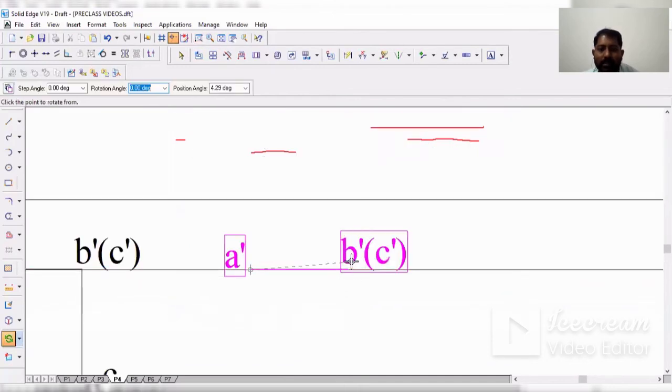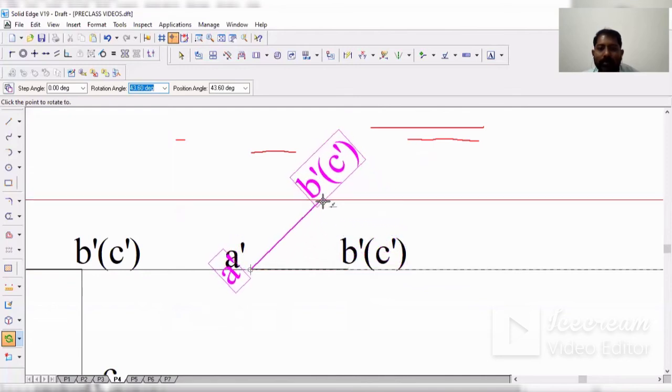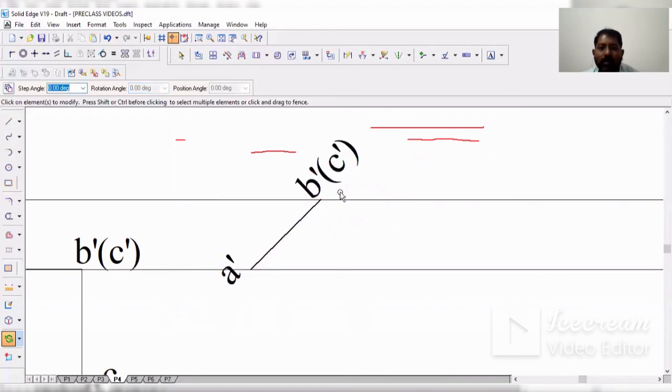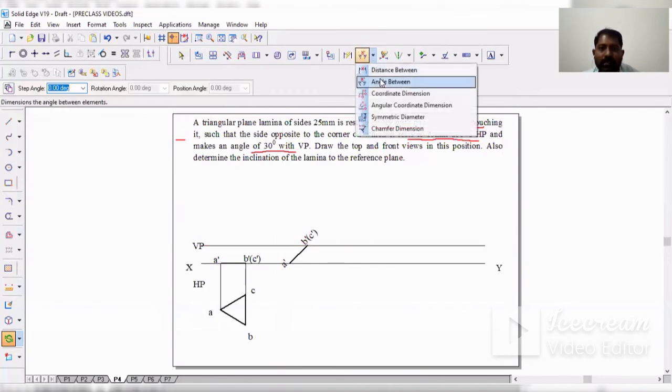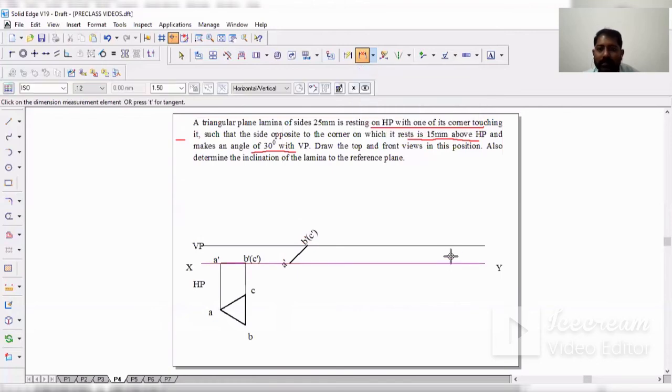Next, rotate till that point is on the 15 mm line. Now it is exactly on the 15 mm line. Here, measure the distance between these two lines. The distance between these two lines is 15 mm.